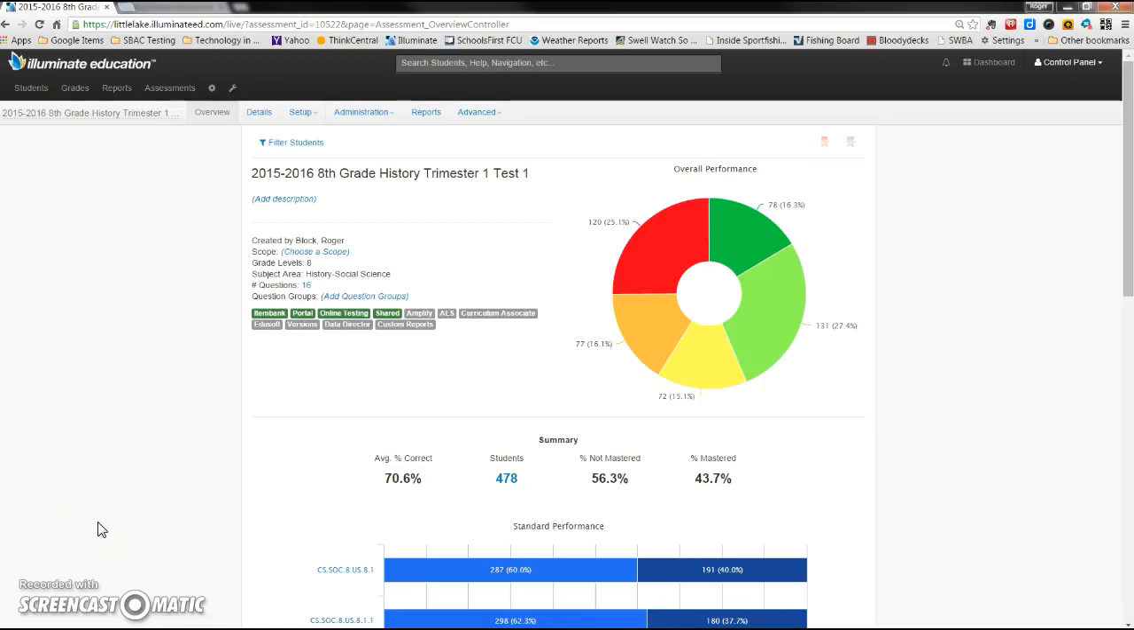When it comes to online testing, one of the questions that often arises is how do I grade the constructed response questions that were entered by the students? So in order to do so, you would come up here to Administration and you would go down to Enter